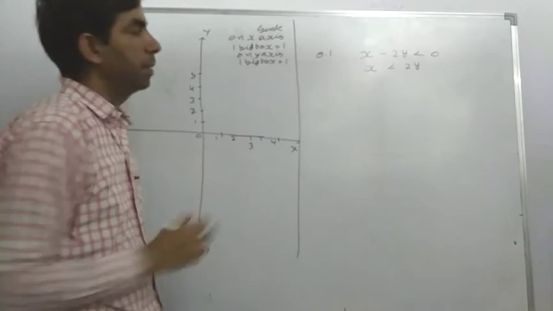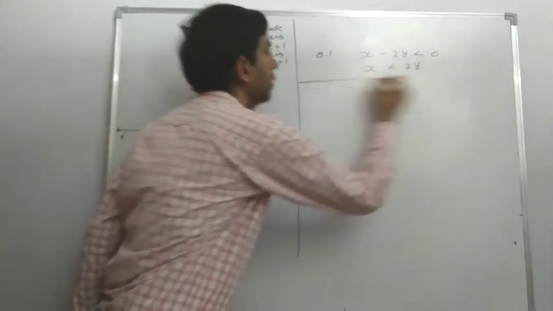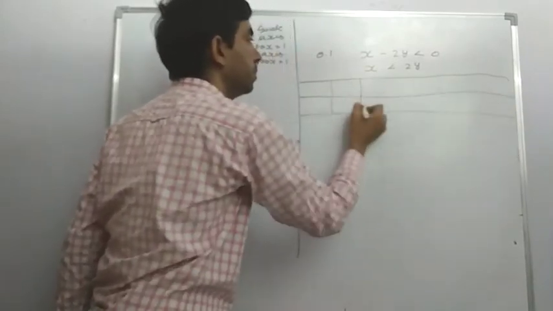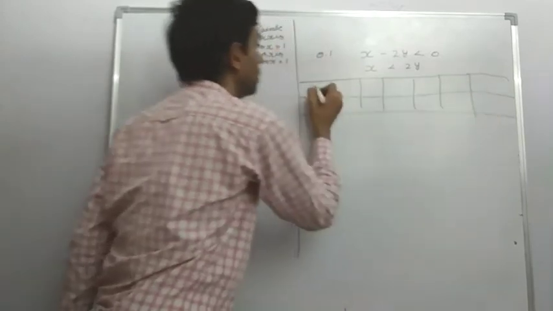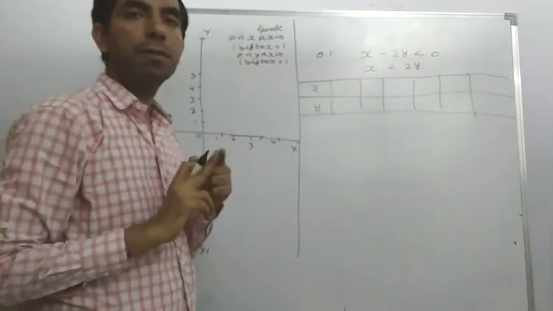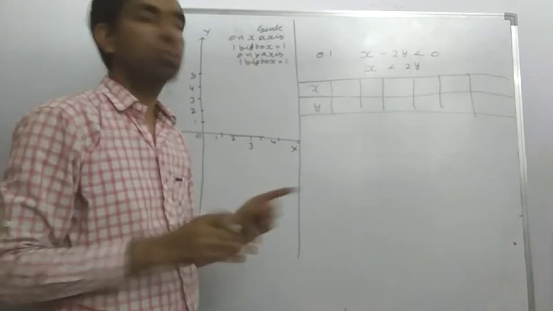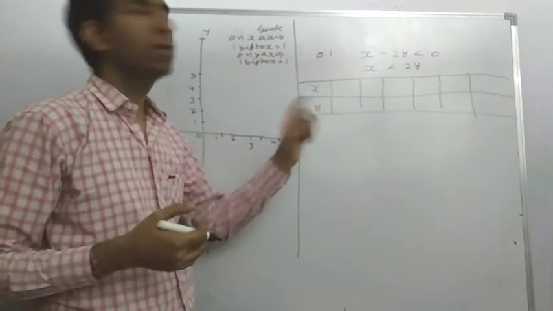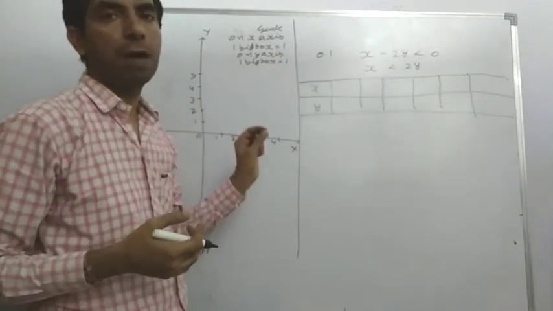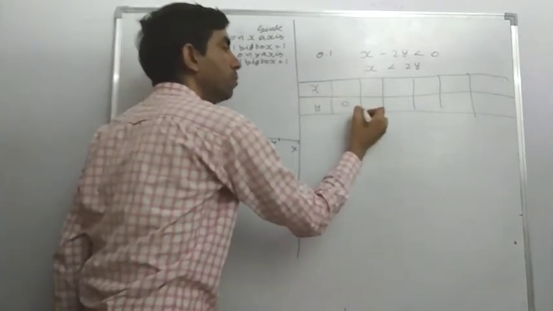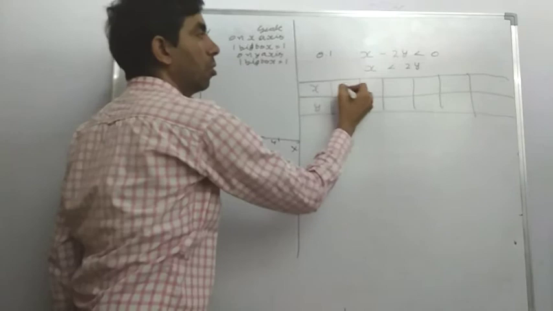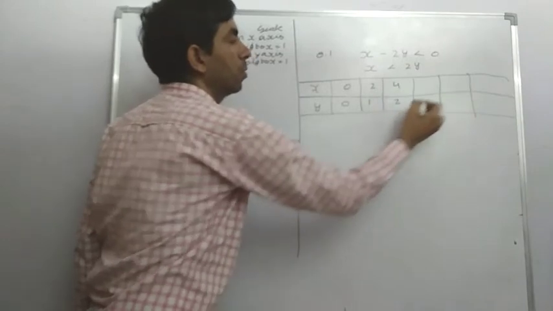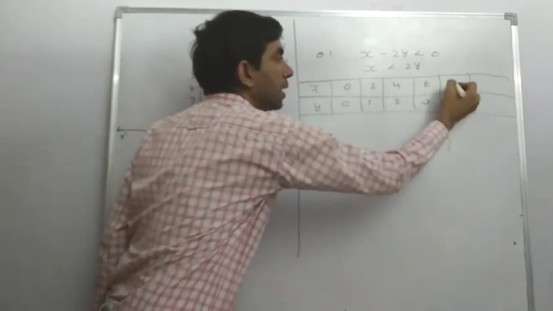Now we represent this line. For representing this line, we make a table. Now we have only one equation. We do not need to solve roughly to find the intersection point. Now we suppose a value of y of our choice. Generally we take y equal to 0. If y is equal to 0, then x is also 0. If y is equal to 1, then x is 2. If y is equal to 2, x is 4; 3, 6; 4, 8.